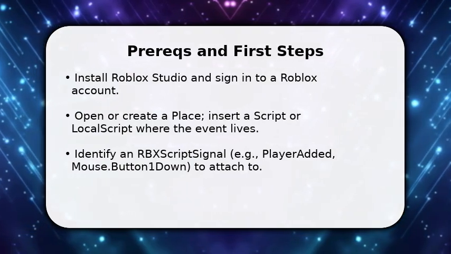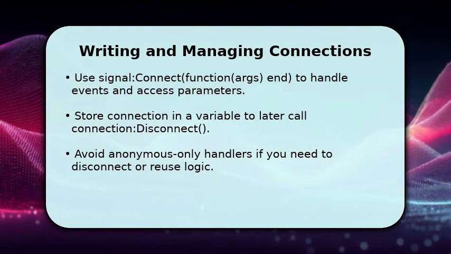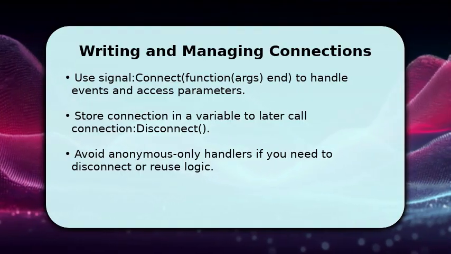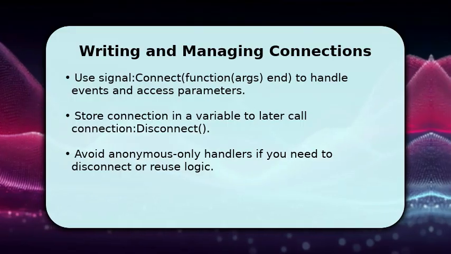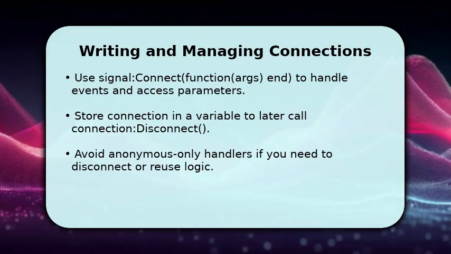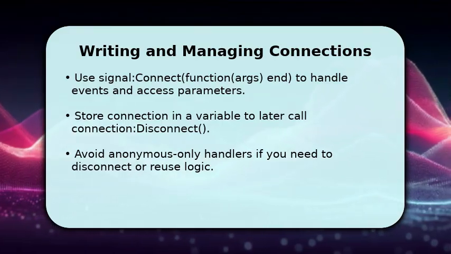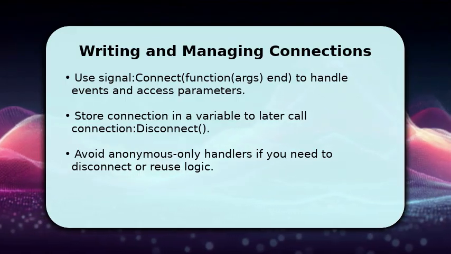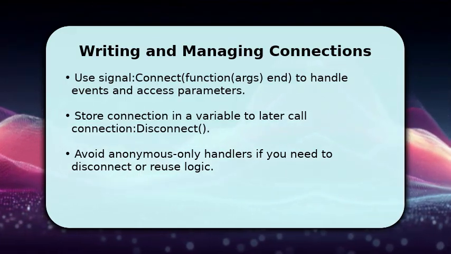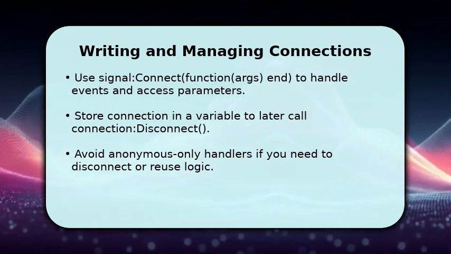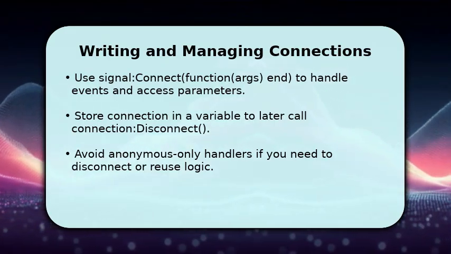Next, implement the middle logic. Define the function body to process event arguments and game state. If you need to stop listening later, assign the return value: local con = signal:Connect(function() end), so you can call con:Disconnect() when done. Use named functions for reuse or wrap connection logic with checks to prevent multiple identical connects. Also add simple debouncing inside the handler if the event can fire rapidly, which prevents accidental repeated behavior and memory